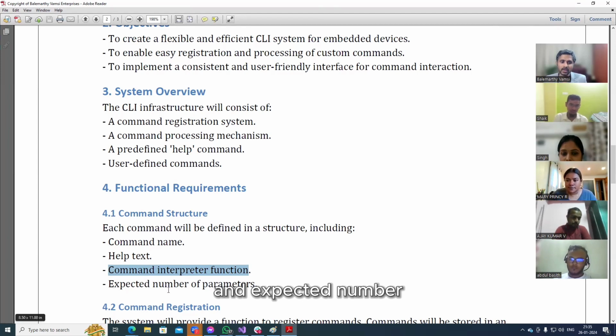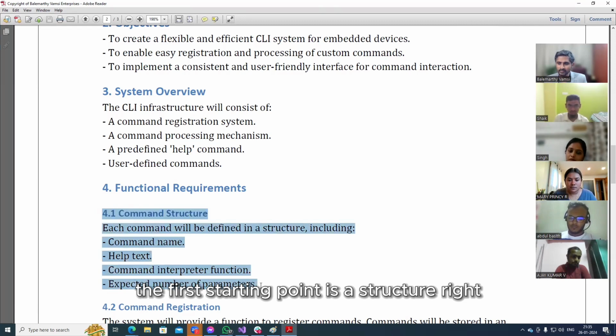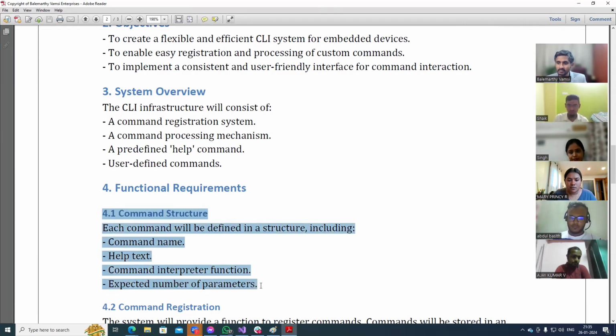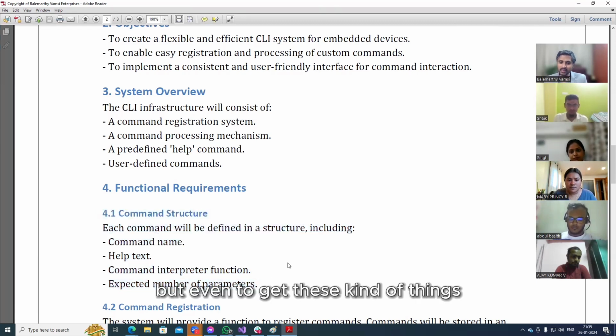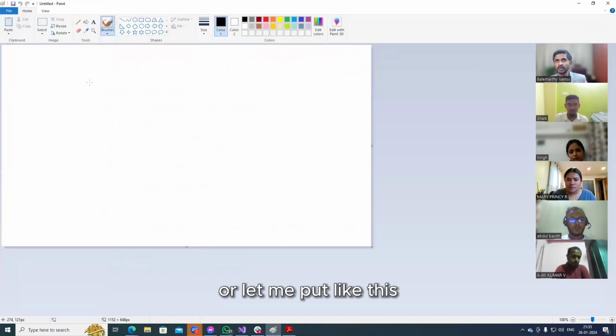And expected number, int or unsigned int. The first starting point is a structure, right?